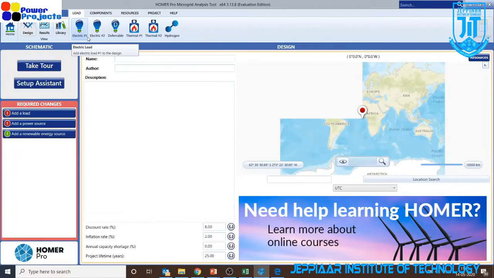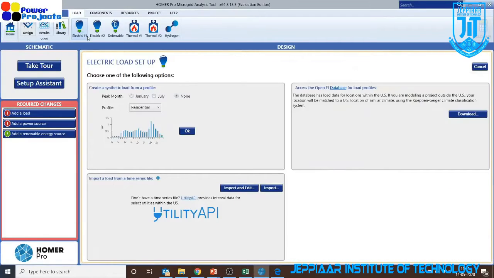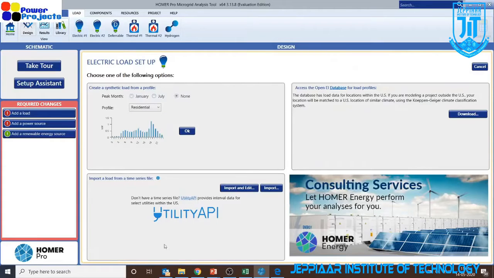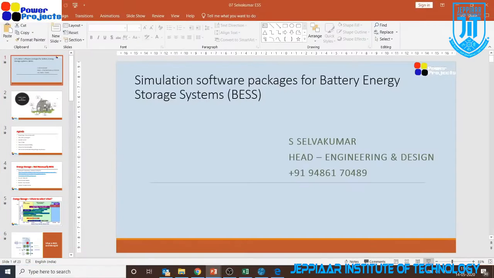You should not confuse power system simulation software with Homer Pro. Here the software combines all the loads and models only the load curve. If you are familiar with power system simulation software, you might be modeling different buses, transformers, loads, cables, transmission lines, etc. But here you will not be able to model any electrical transmission equipment. When we say load, that's the combined load of your entire industry. So let me quickly go back to this slide.